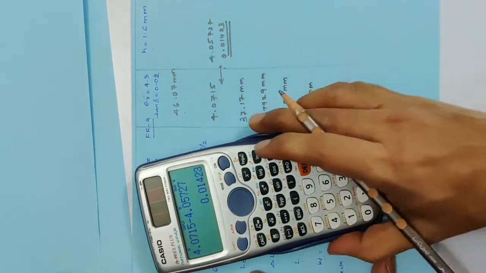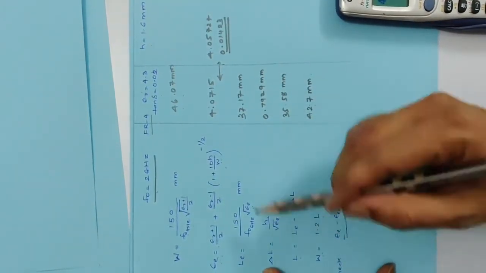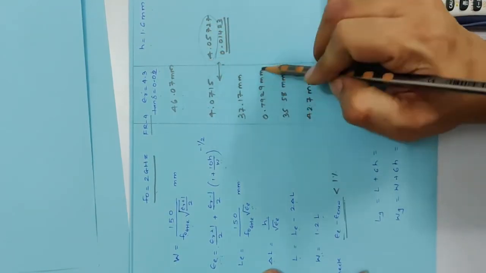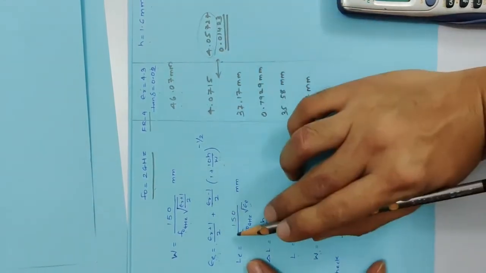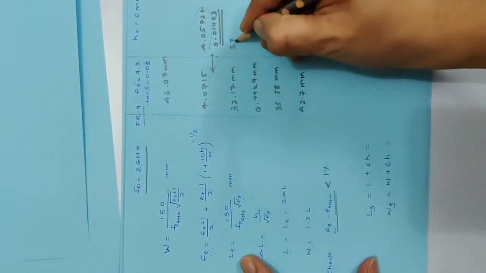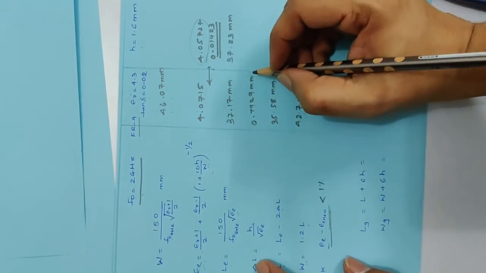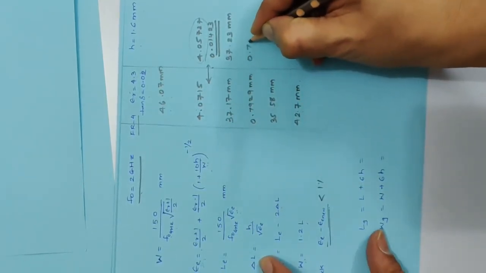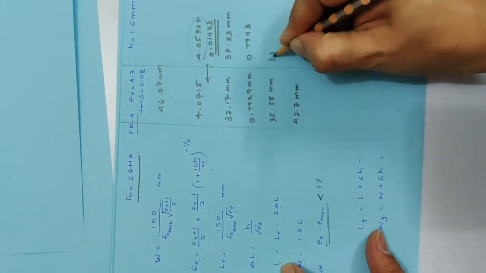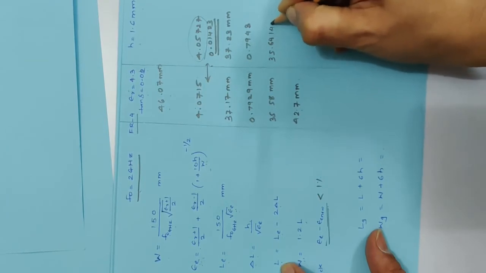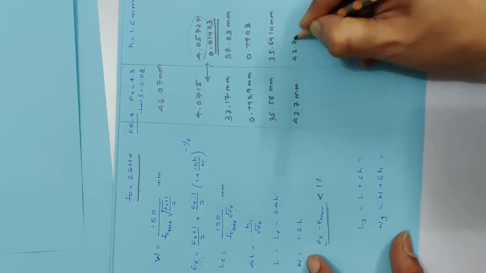So we have to again calculate the new parameters of this rectangular microstrip antenna. So using this epsilon effective, now we will be calculating the new parameters. So in that case, LE turns out to be, after substituting, 37.23 mm. Delta L turns out to be 0.7943. L turns out to be 35.64, and the W turns out to be 42.76 mm.